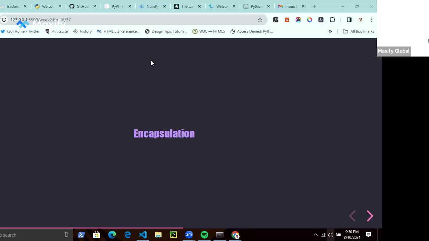So essentially, when you have two files, you can import functionalities from one file into another. So for example, now you can just do import, and the module here is just a file name.